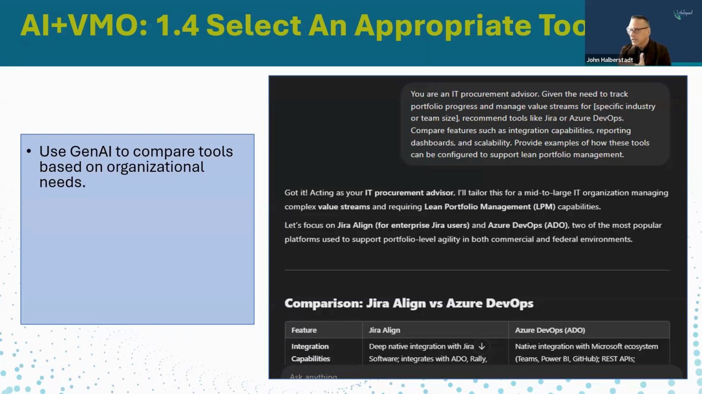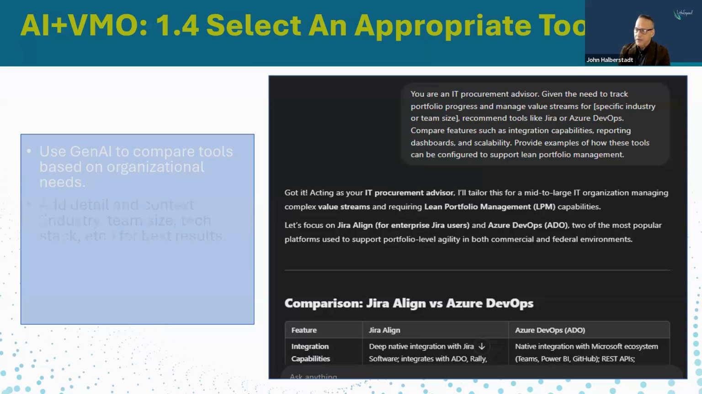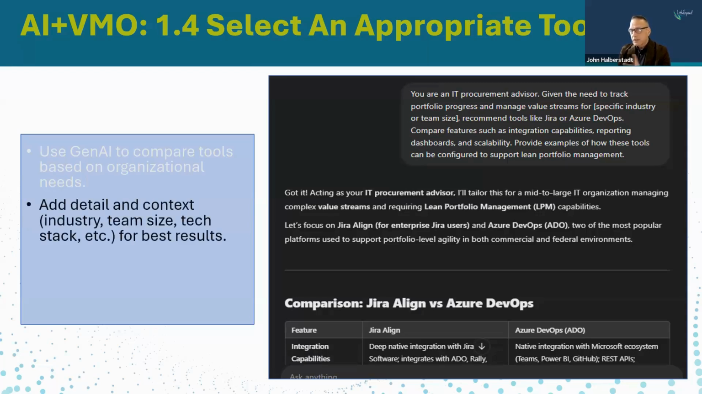So provide your detailed context here, more detail than you see there where appropriate, especially if you are in a specific industry, or you've got a very large or very small team. Whatever else is specific, I also added in my example here, tech stack. So in a lot of cases, if you've got a heavy investment,